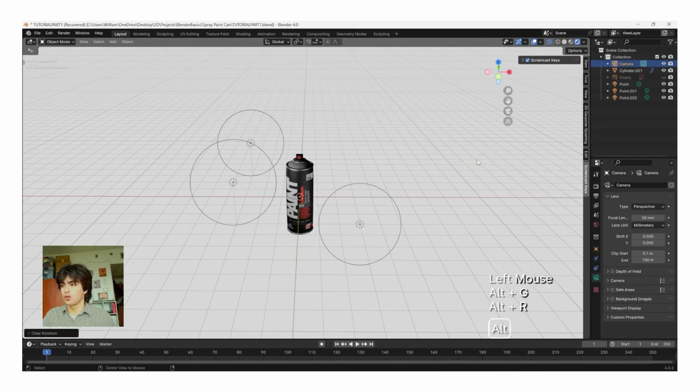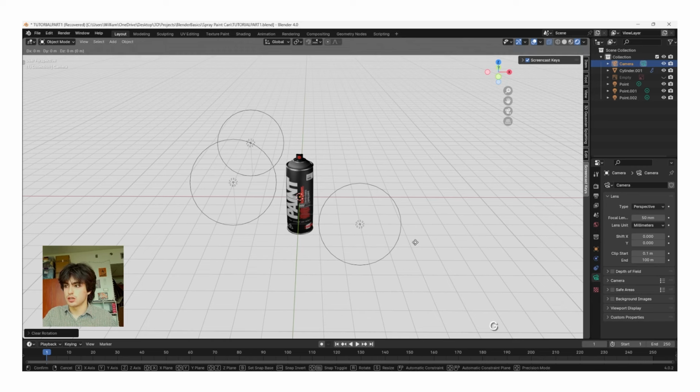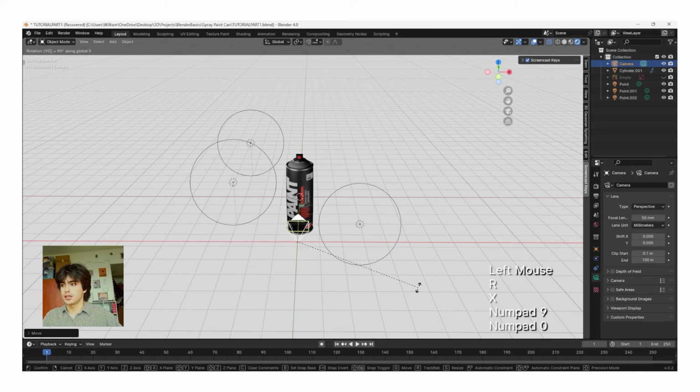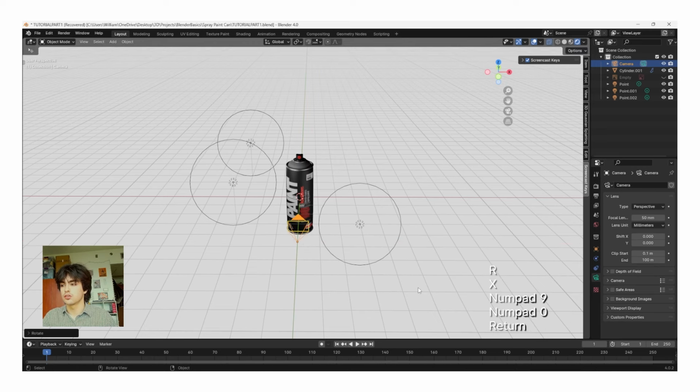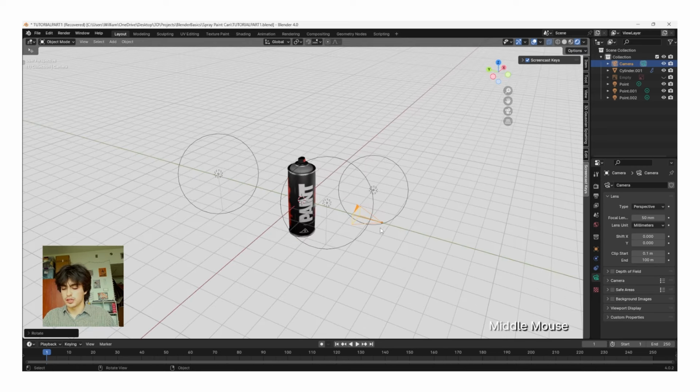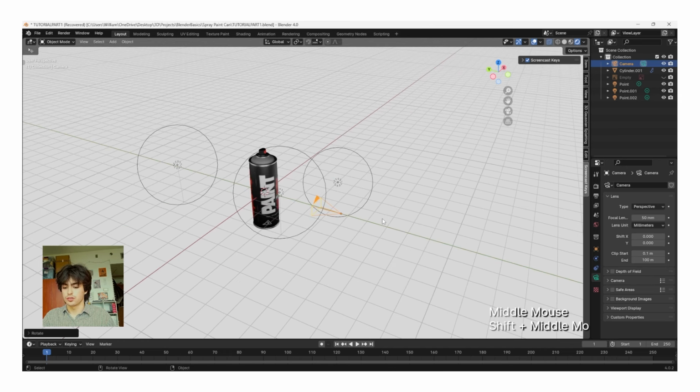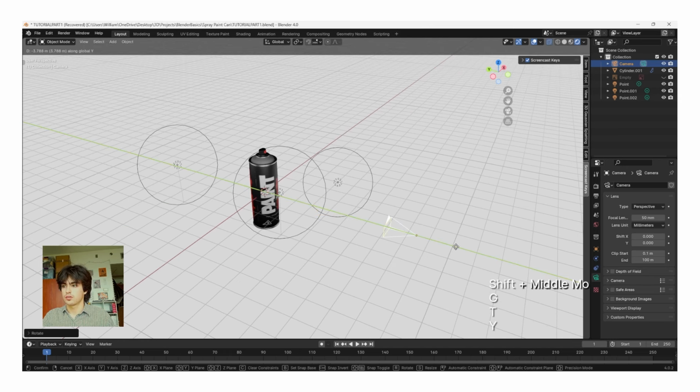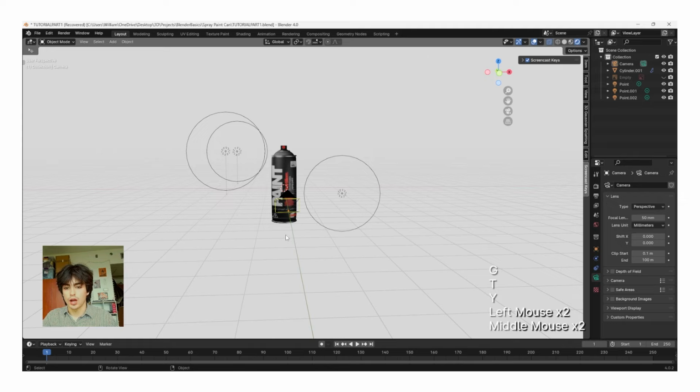and then Alt R. This will reset the location and rotation of the camera. Next, you're going to click G and then Y to bring the camera back, and then R, X, 90 to rotate the camera 90 degrees on the x-axis. And then I'm actually going to pull out my camera a little bit further with G, Y. Once you think you have it positioned about where you want it to be, you can click numpad 0 or